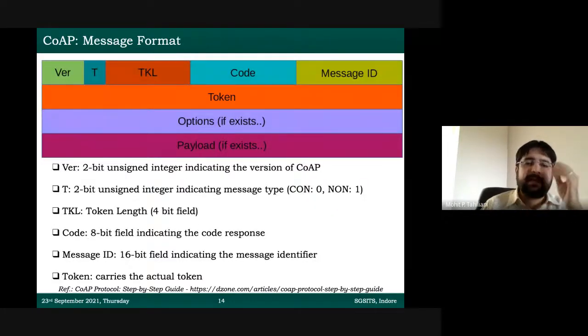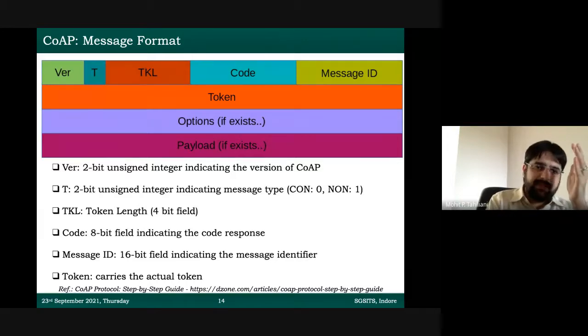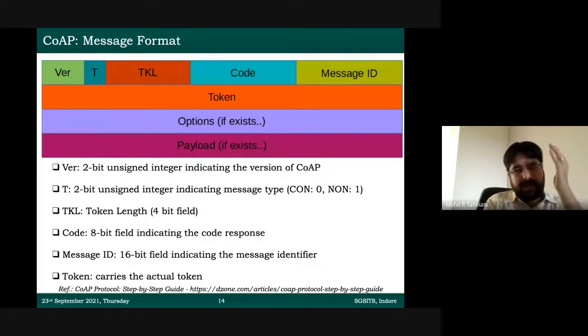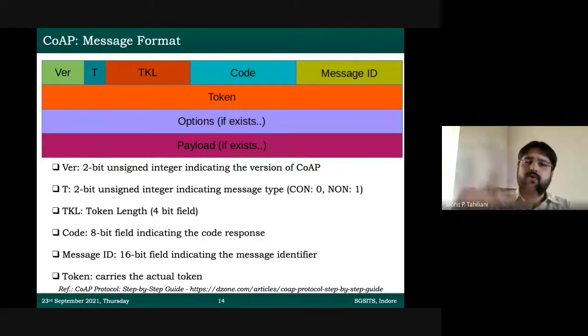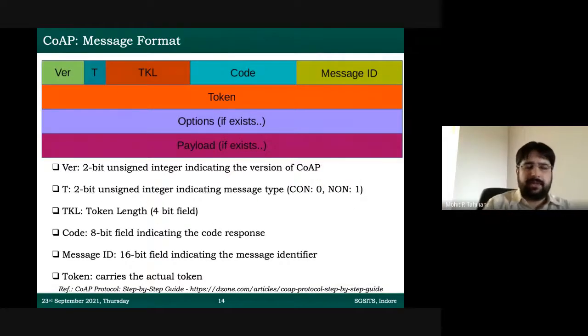And this is finally coming to the last part of CoAP. This is how the CoAP packet structure looks. You can see only 2 rows are important. The first one is divided into a version field, a field called type, then TKL, that is token length, then the code, and then the message ID, and then the token. The other 2 are optional, basically. So options, if you want, you can add some options, and payload. If you have any actual data you want to send, you can send that. For example, the pressure data in our previous example, 1000 hPa, can be put in the payload here.